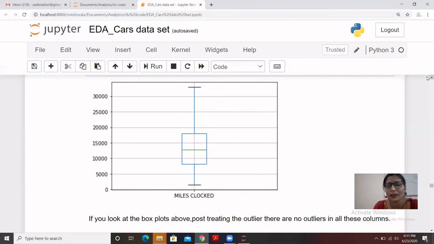Anything which is 1.5 times the interquartile range lesser than the lower range, I will be treating as a lower outlier. And anything which is upper quartile plus 1.5 times the interquartile range, anything coming beyond that, I'll be treating as an upper outlier. So I have treated my outliers.